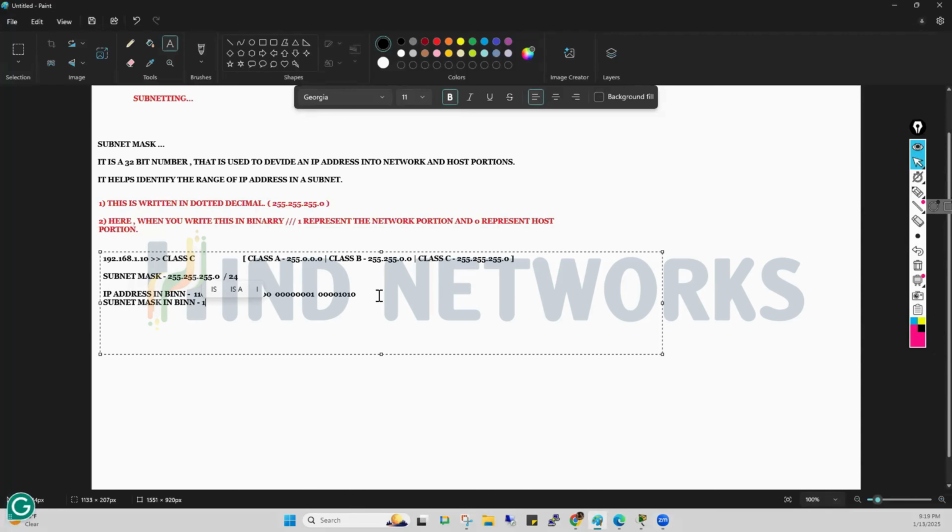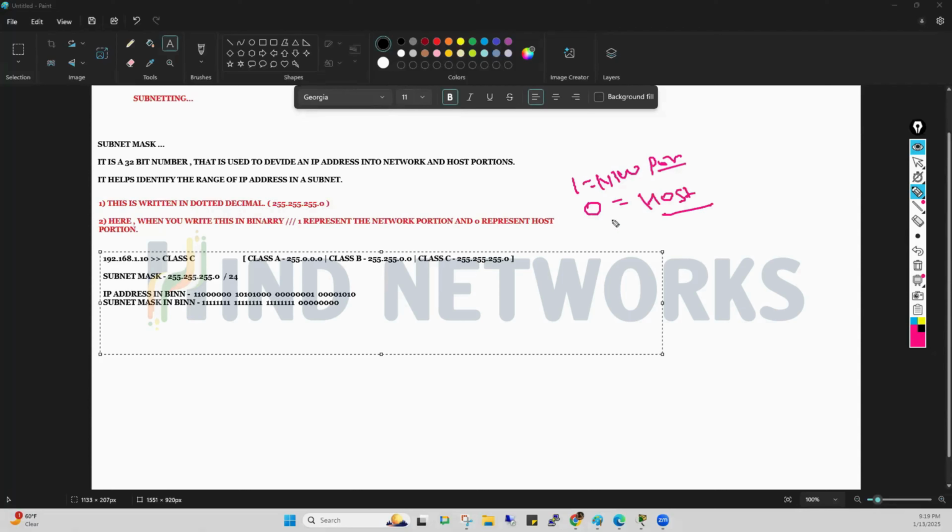So 255 means 1, 2, 3, 4, 5, 6, 7, 8 ones. The same for the second and third octets. And the last one is 0, so 8 zeros. Now, what I told you about a subnet mask is that 1 represents the network portion and 0 represents the host